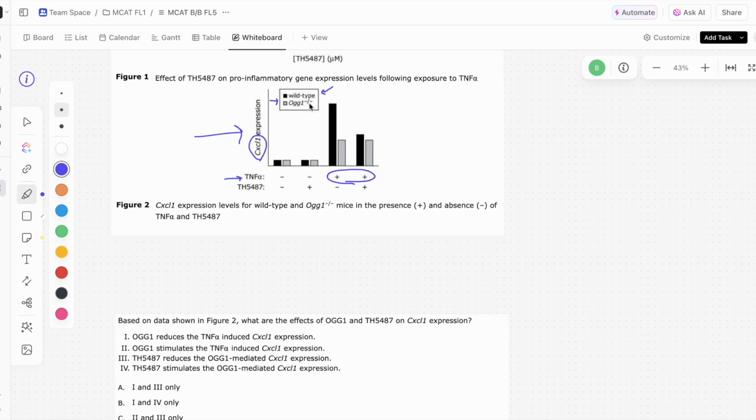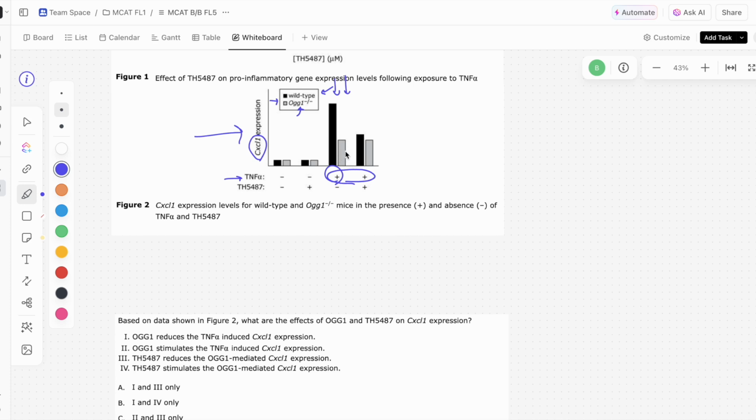So OGG1, remember the wild type, right? These wild type mice have the OGG1, whereas this mutant right here specifically doesn't have any OGG1. So we're comparing the black and the gray bands side by side. Let's look at these two columns. When we add TNF-alpha to these two columns, we see a far greater increase in the wild type, a far greater increase in the CXCL1 expression in the wild type mice compared to the mice that